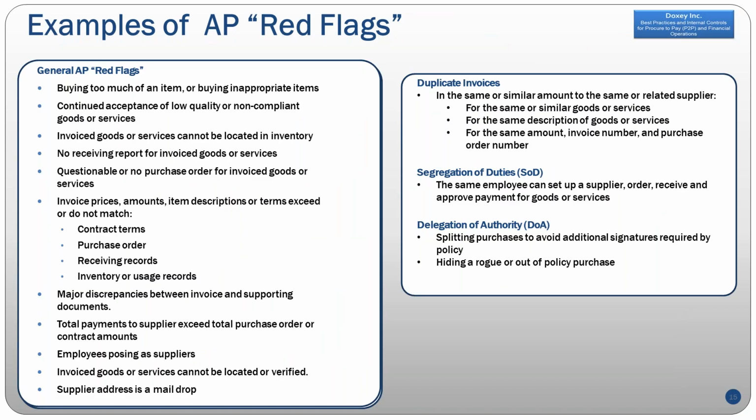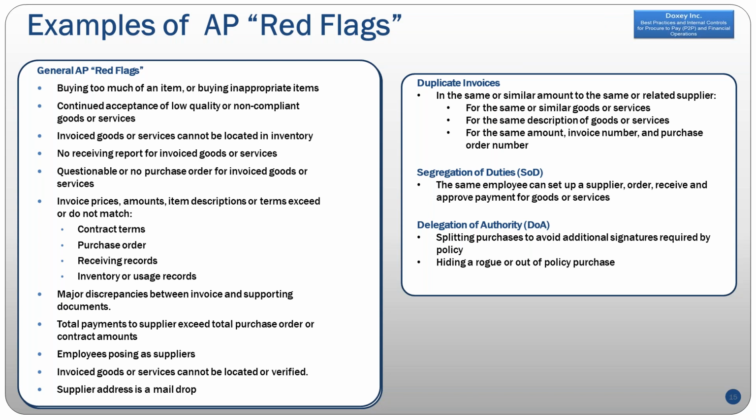If we think about the red flags, what are some of the indicators of a bad process within AP, or a duplicate payment, or what can cause a duplicate payment? Basically what we're talking about here is what could be an indicator of fraud. So if we look at the general red flags, if somebody in procurement or purchasing is buying too much of an item or buying inappropriate items, now hopefully we'd see that also on our cost center reports that are being reviewed. We'd see